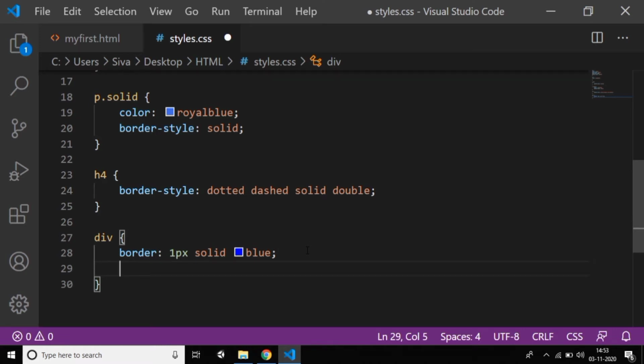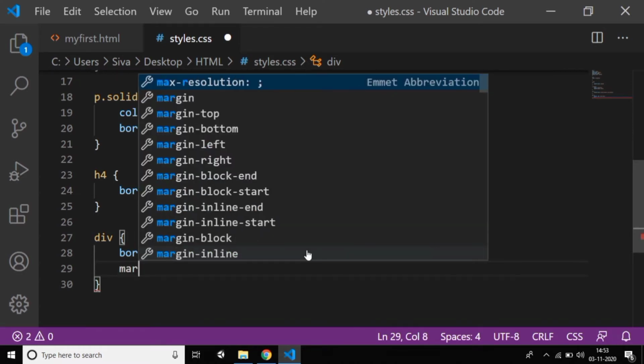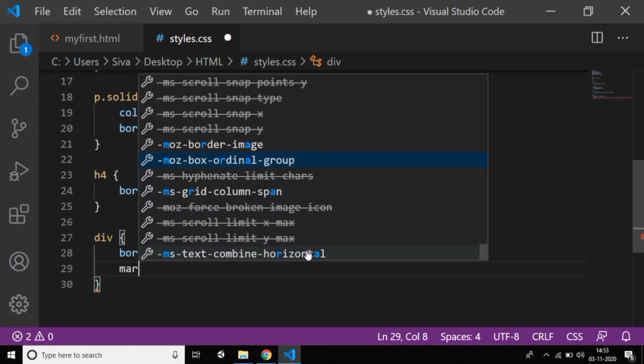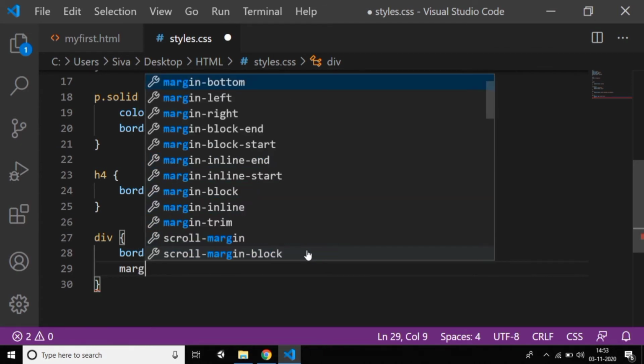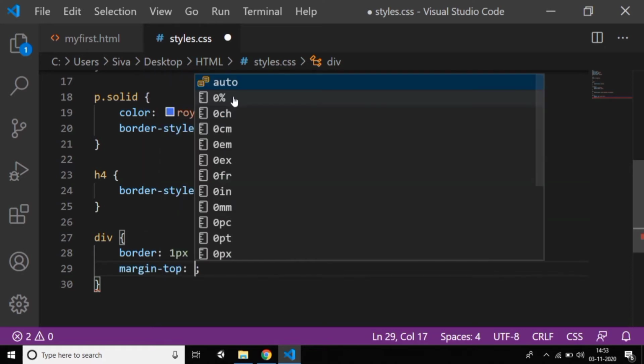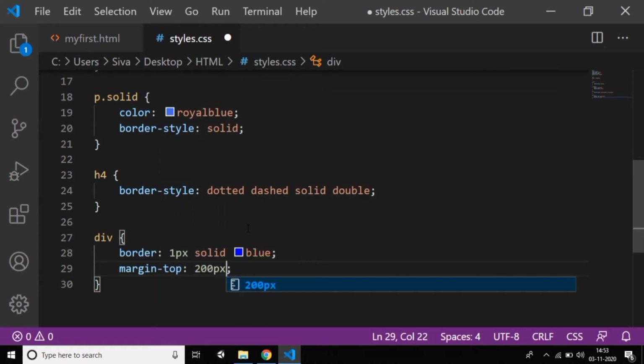And I'm giving the margin. I already explained that we have four properties: margin top, margin bottom, margin right and margin left. First I'm giving margin top, 200 pixels.